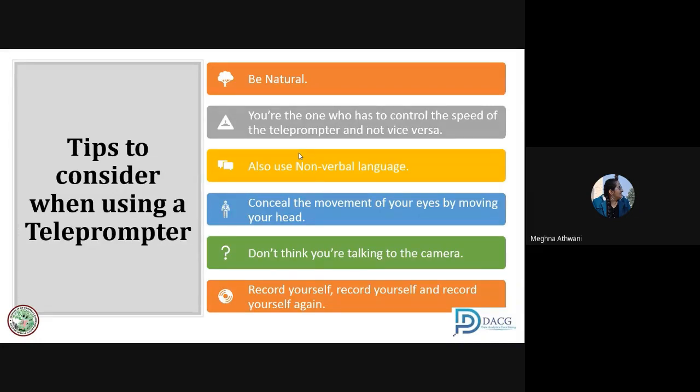Why? Again, human nature. When your body moves, when your hand moves, people tend to focus away from your eyes. They tend to focus on what you are trying to say instead of focusing on from where you are reading. Okay, you have to distract people from the mere fact that you are reading from something. Don't allow them to actually notice that you are reading off from a teleprompter. Conceal the movement of your eyes by moving your head.